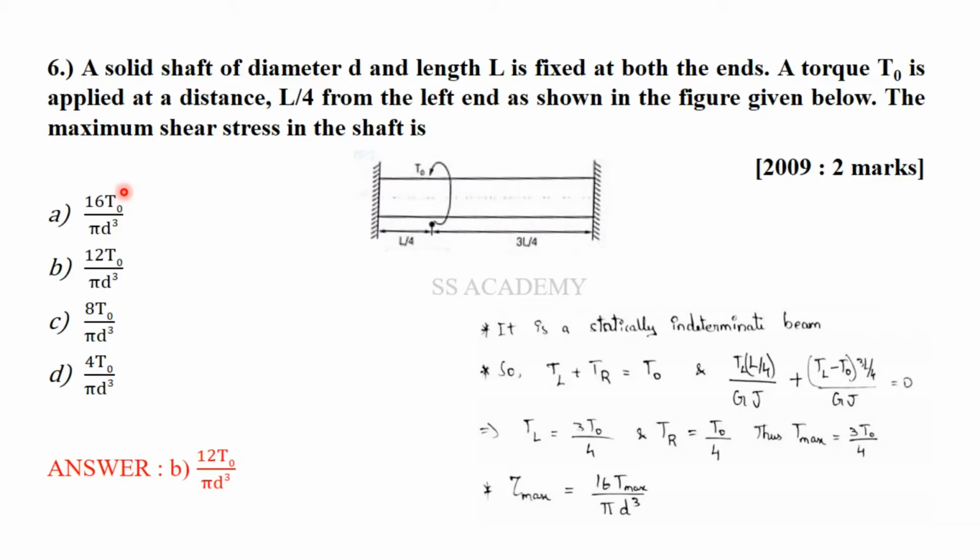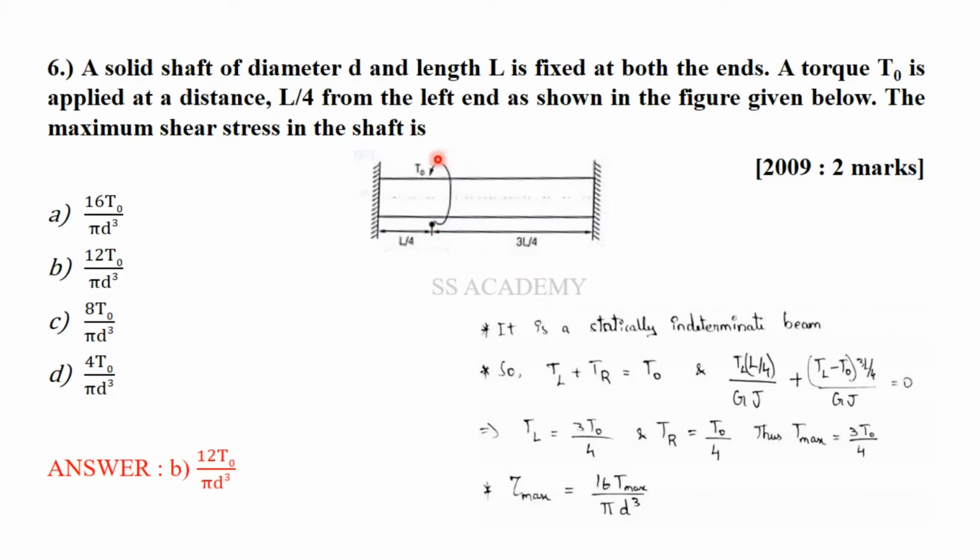That is, this will make us get a negative mark. Remember and be careful, since the loading is in the mid of the bar. Due to reactions, the actual load acting on this whole bar will be different. The maximum shear stress in the shaft. They have asked the maximum shear stress in the shaft. It is a 2009 GATE 2 mark question.